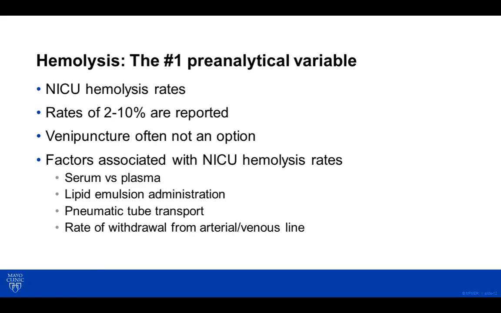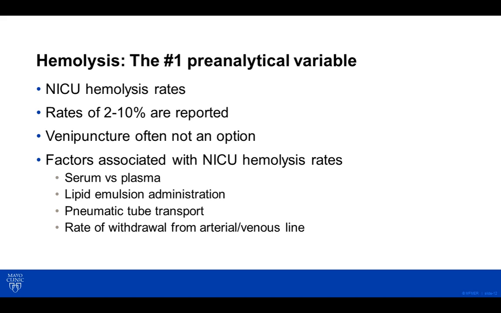So we will focus on NICU just a little bit. NICU is another problematic area like ED for hemolysis. If you look at the literature, people report hemolysis rates from NICU anywhere between 2 and 10%. Venipuncture is often not a good option in these patients. They have catheters, indwelling lines, because they are difficult to access. And our studies and others showed the factors associated with hemolysis rates for chemical testing from the NICU population are using serum instead of plasma, plasma being the preferred specimen in infants,